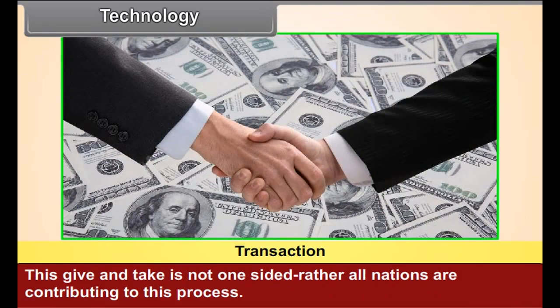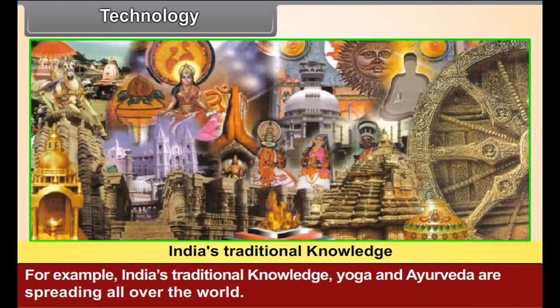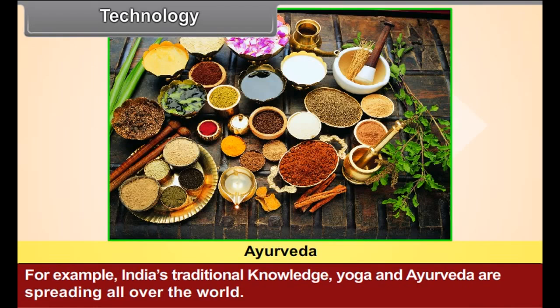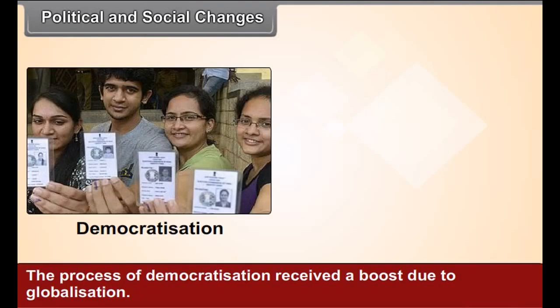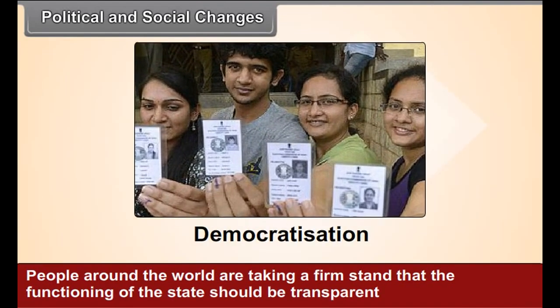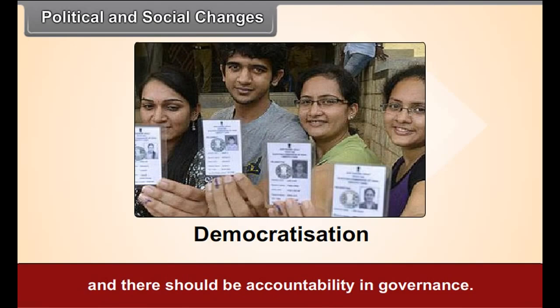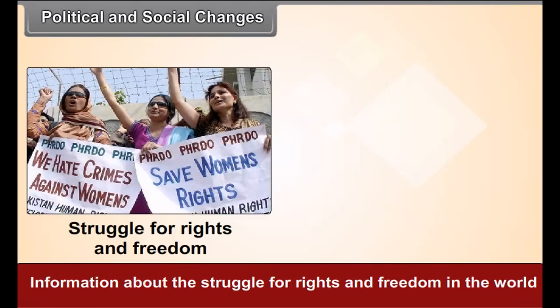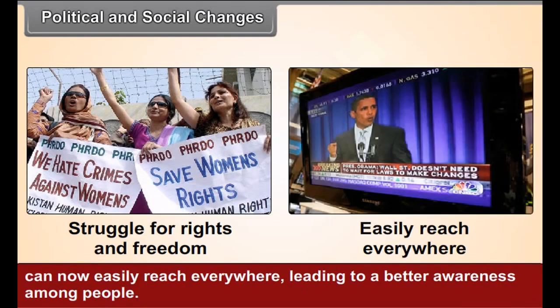This give and take is not one-sided. Rather, all nations are contributing to this process. For example, India's traditional knowledge, Yoga and Ayurveda are spreading all over the world. Political and social changes. The process of democratization received a boost due to globalization. People around the world are taking a firm stand that the functioning of the state should be transparent and there should be accountability in governance. Information about the struggle for rights and freedom in the world can now easily reach everywhere, leading to a better